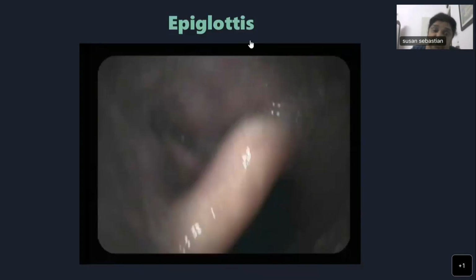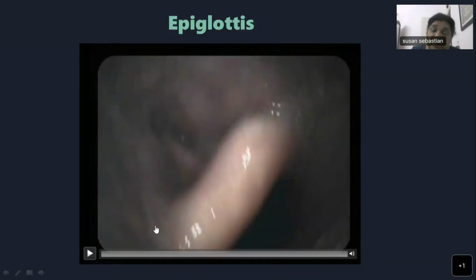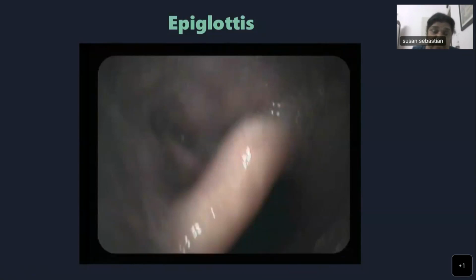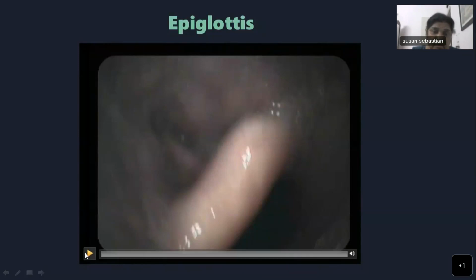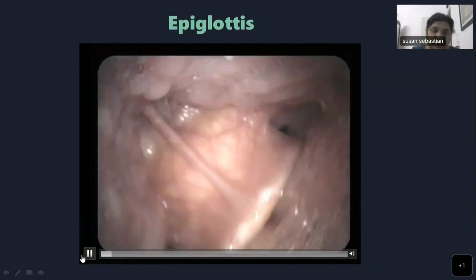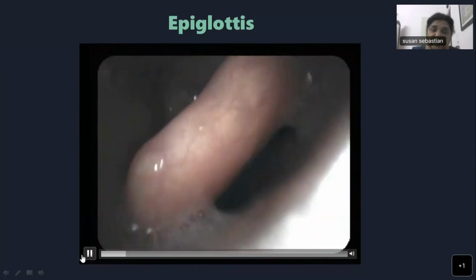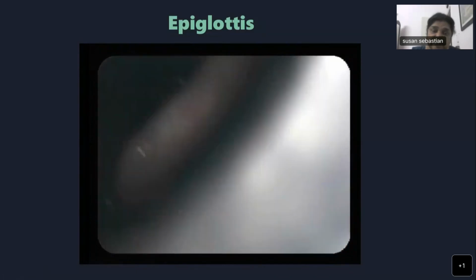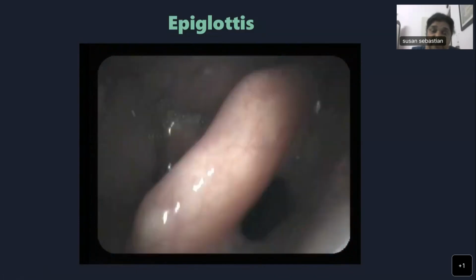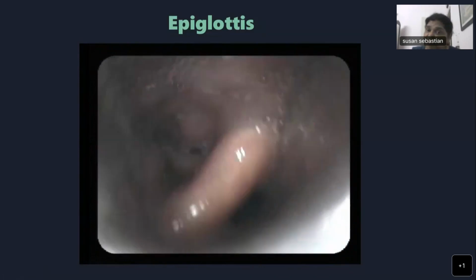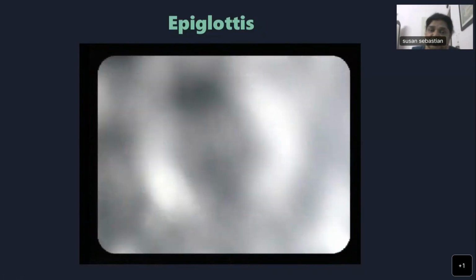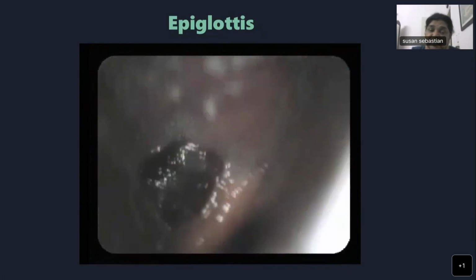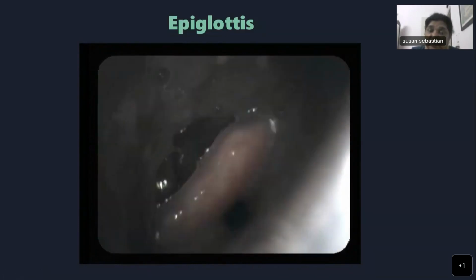Now, lastly, the epiglottis. Epiglottis can have a standalone obstructing part, or it can be part of a multi-level obstruction. See, it's a long and leafy epiglottis getting opposed to the posterior pharyngeal wall when the patient is breathing. This is one patient who will not tolerate a CPAP. Patient with epiglottic level of obstruction usually cannot tolerate CPAP.